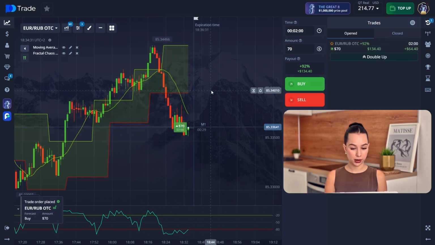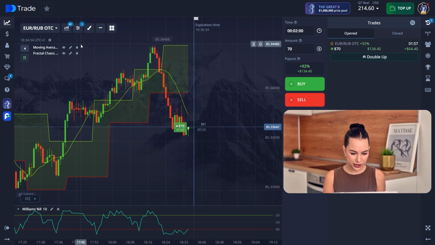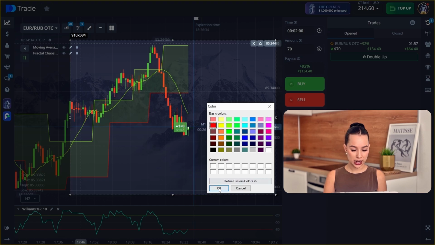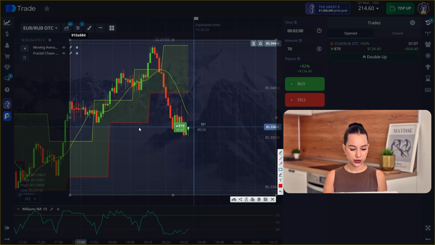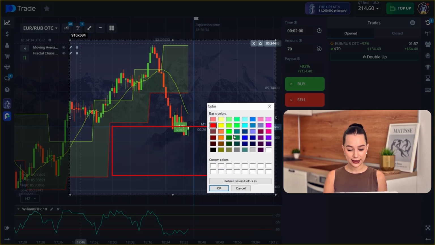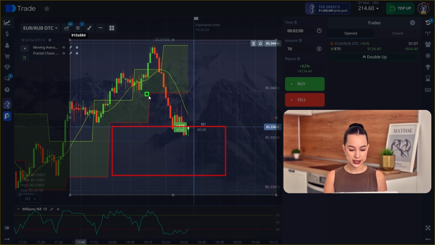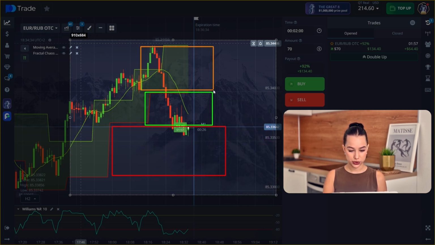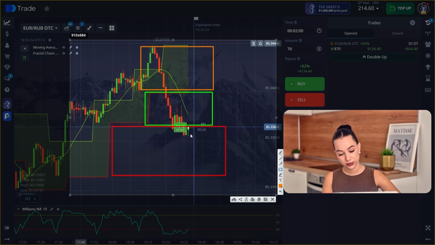So we're gonna open here a buy trade for 2 minutes, and you will say to me, Lisa, what are you doing? In general, here is the downward trend and it should continue, but now I will draw it for you. So the first zone is here, and by the fractal indicator we can see it pretty well. Then the second zone was here, and the third zone was here. I will do it with a different color so you'll understand it more. So before, our chart was moving in this orange rectangle, then in the green one, and now it broke the line